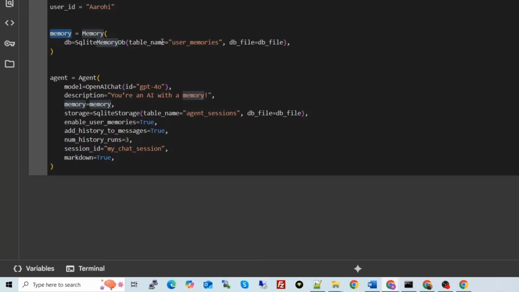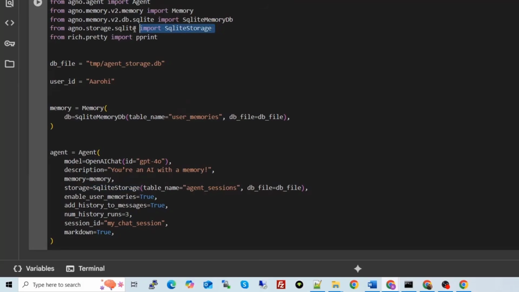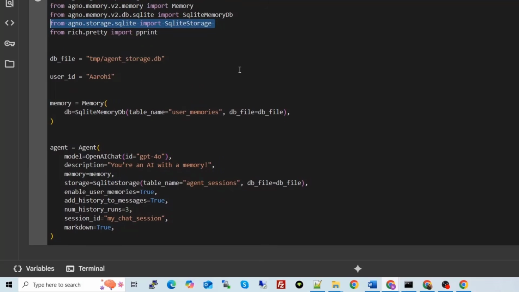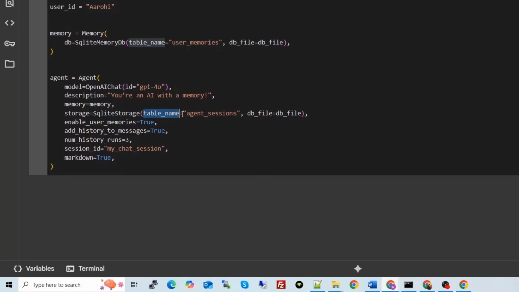What we have mentioned over here is to use the user memories table inside the agent_storage database to store the user memory. So after every message which the user types, the memory will extract the important information and store it in the user memory table. Okay. And then this is another type of memory we are using over here. What is the task of this one? First let's understand this line, SQLite storage. What I told you a few minutes back, why we are using it? It will store the chat history, whatever the user and agent are talking about. So that we want to store inside this table.